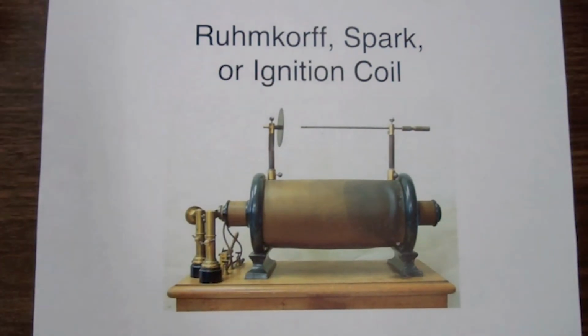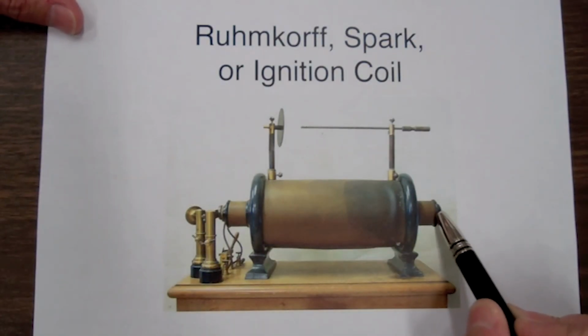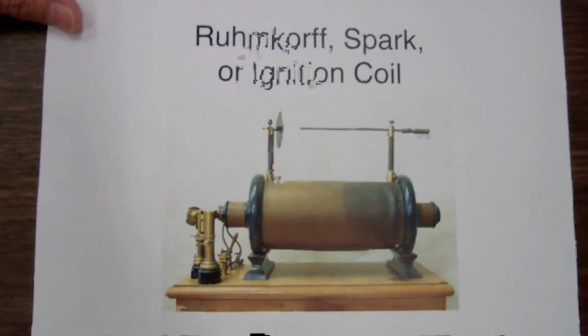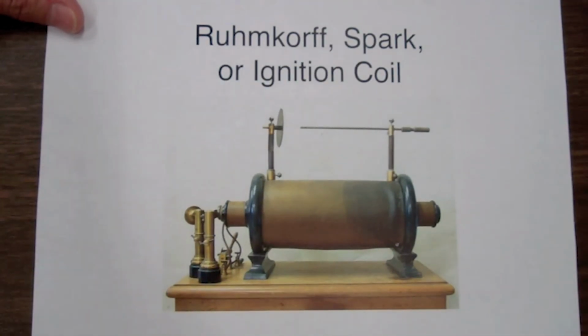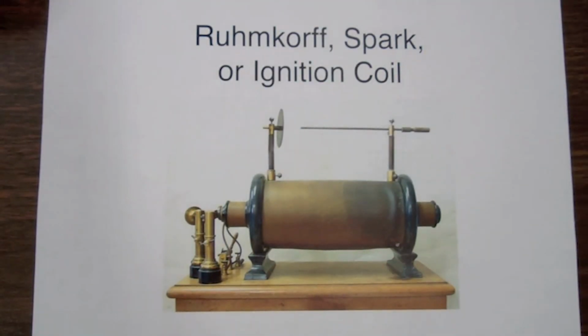The name ignition coil comes from the use of these in automobiles, where your ignition coil will have a primary with 150 turns and a secondary with 15 to 30,000 turns. And in your car, it will take your 12-volt battery and generate voltages on the order of 15,000 volts applied to a spark plug to get a spark and ignite the fuel mixture. What we're going to do is describe spark coils, explain how they operate, and we will build and demonstrate one.